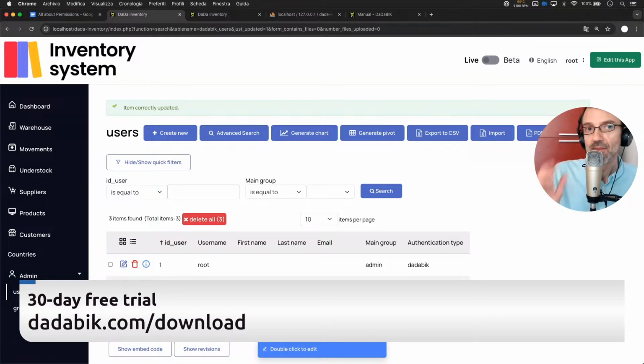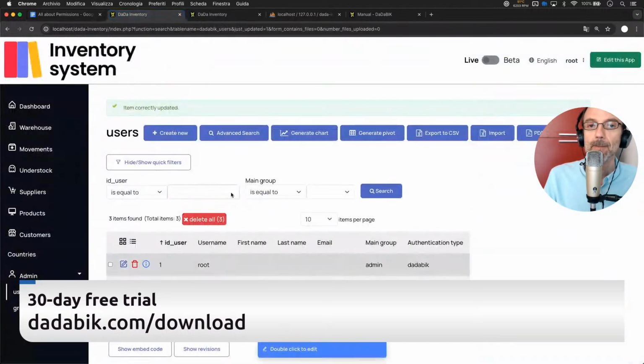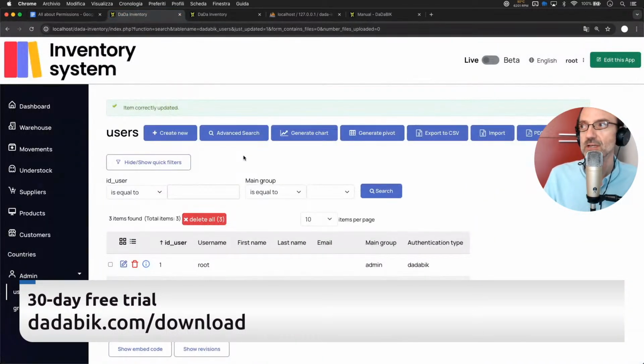Okay, this second thing I just said could change in the future. So the fact that only people belonging to the admin group can work on users and groups. Why? Because I realized that not very often, but sometimes, especially when you build a complex application, the developers,